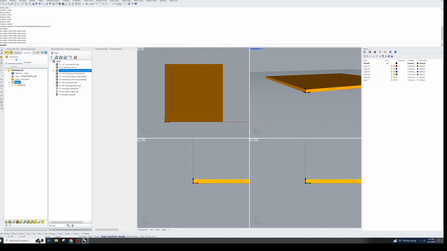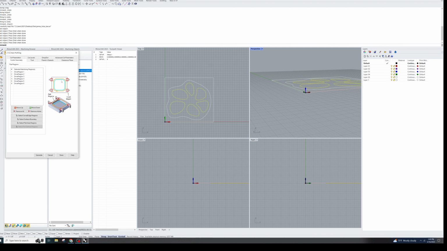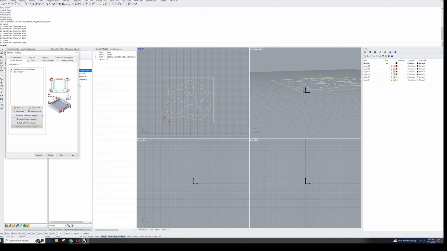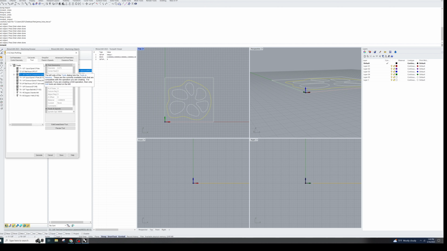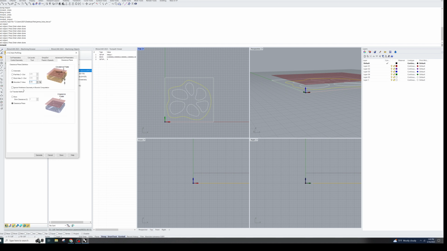Then for the last cut, I'm going to go back to my setup, and I'm going to go to machining operations, 2-axis profiling. I'm going to remove all of these because I just want this one big outside cut. So select outside cut, enter, I'm done, only doing that one. And I'm going to use the same exact tool. So I'm going to make sure it's on T3, make sure that these are all the same, which they are. Clearance plane selected,